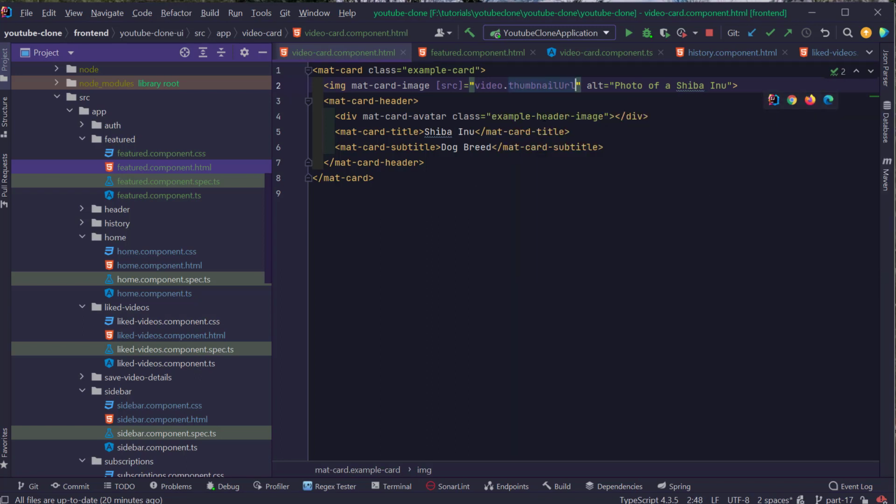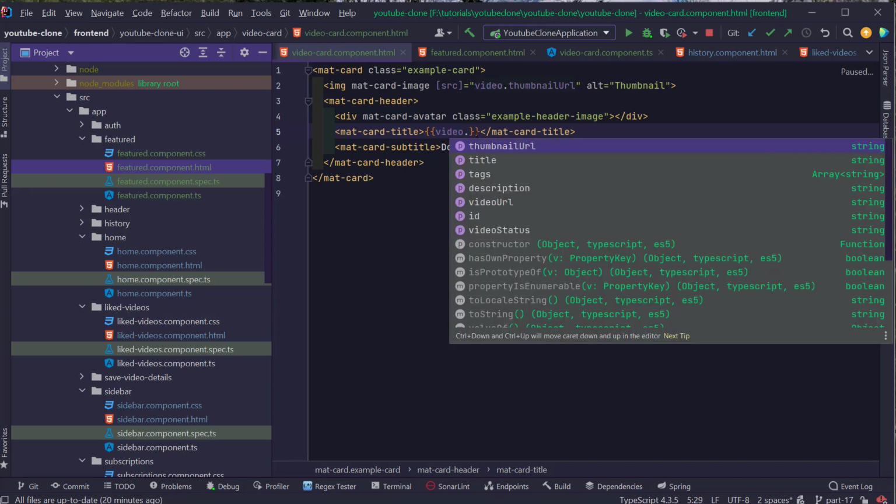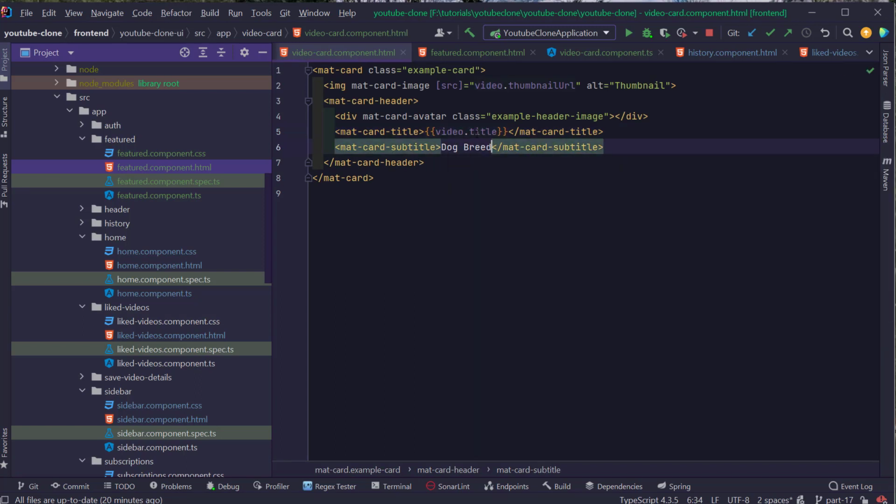So this is going to be the thumbnail, and I'm also going to remove the alt and rename this photo of a Shiba Inu as thumbnail. And for the card title, I'm going to define video.title,